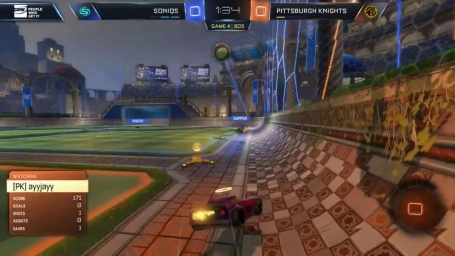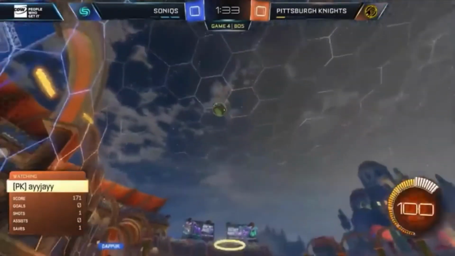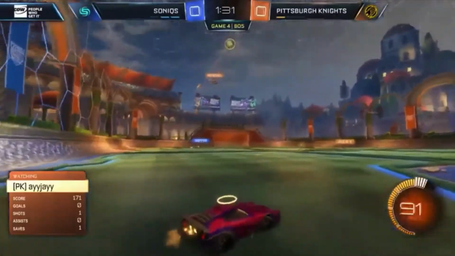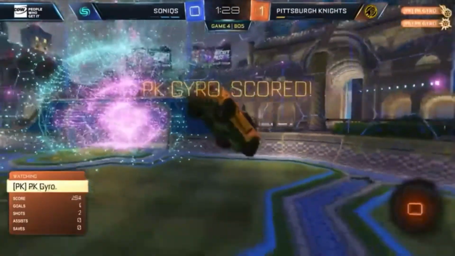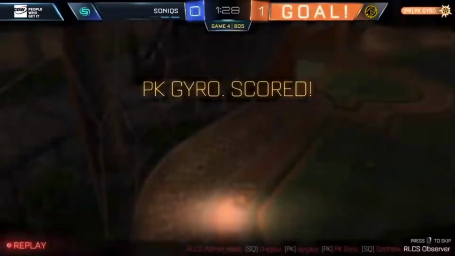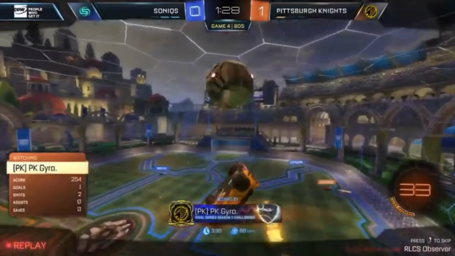Now here with 1:34 left on the clock in game 4, Sonics looking to clear this ball downfield. It's a weak touch, so easily picked up here by Gyro. And what about that for a solo play here to give his team the lead in game 4 in a